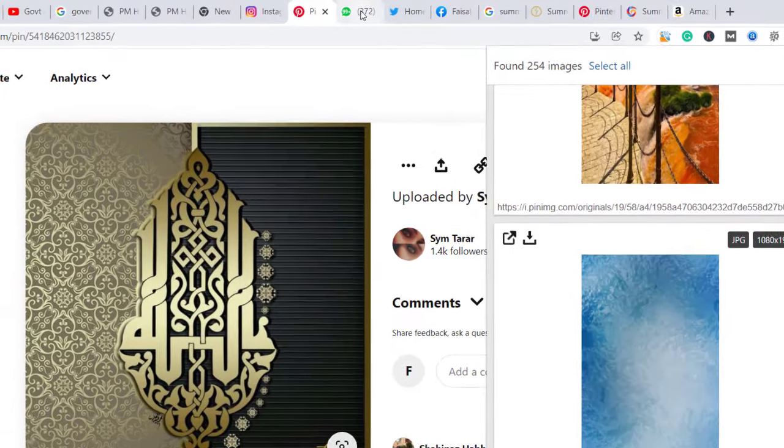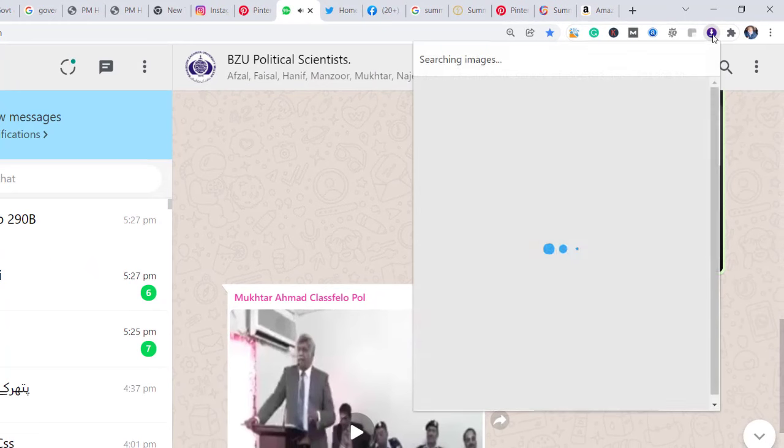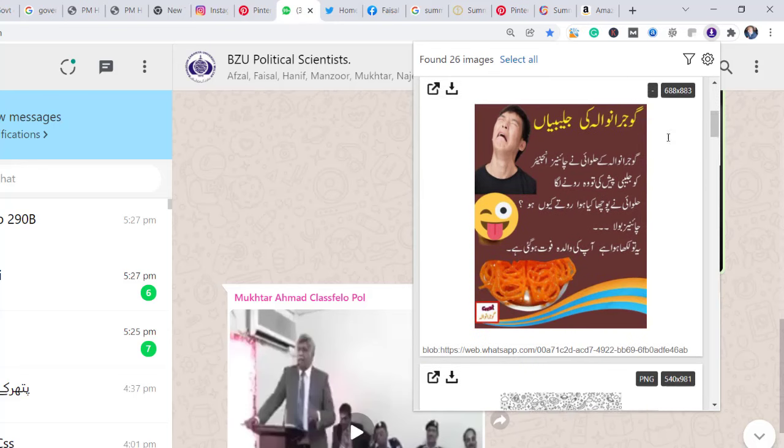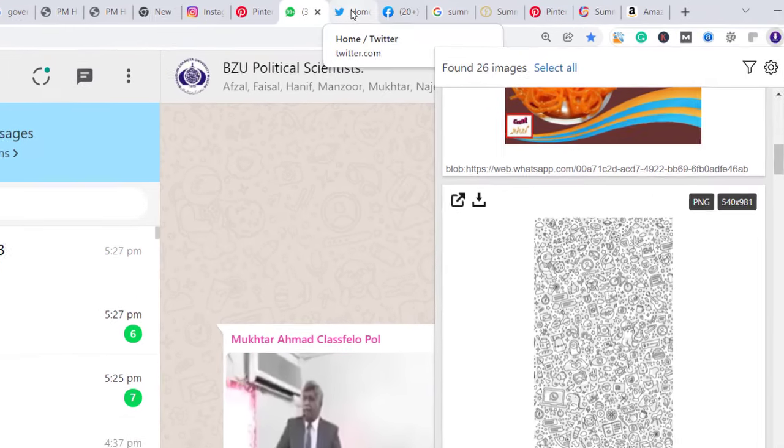Another, even on WhatsApp you can download, 720, and you can download your photos from WhatsApp.